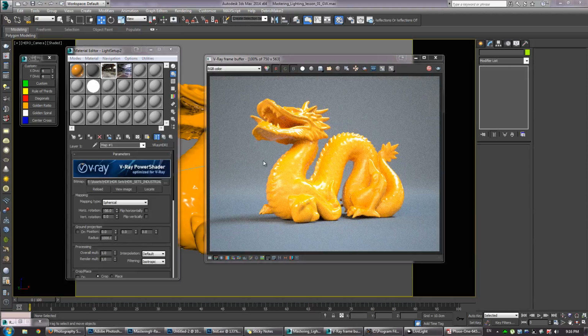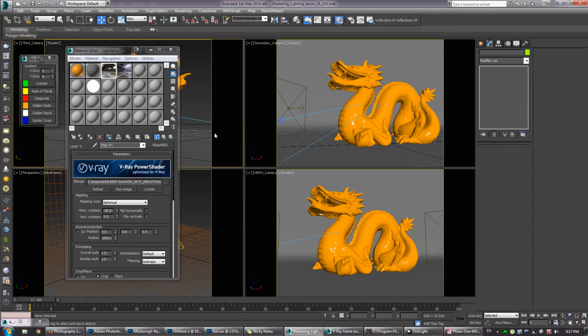So I've just changed the HDR once again to one from HDR Sets, which I also used in the Mastering V-Ray finale. And throughout my career, I can't honestly say I've ended up using a huge array of different HDRs as a base for scenes. And of course, you don't have to use an HDR. You can rely solely on V-Ray lights. So if I turn off the HDR here,